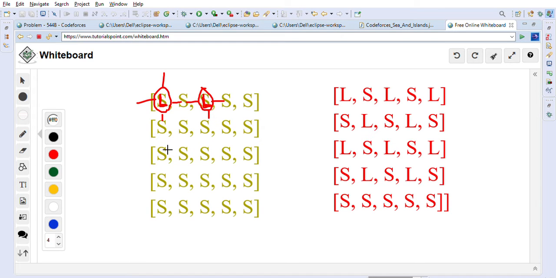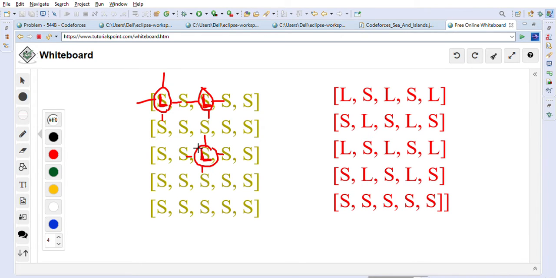So it is also an island. So this is how we can create an island. This is one way to create an island. Another way: if we convert this S, this sea cell, into a land cell, then you can check that all four directions around it are sea. So this is an island. That's what the island definition is.